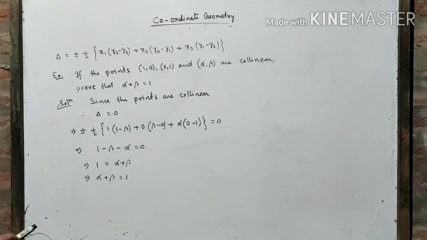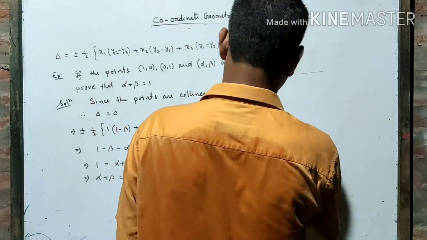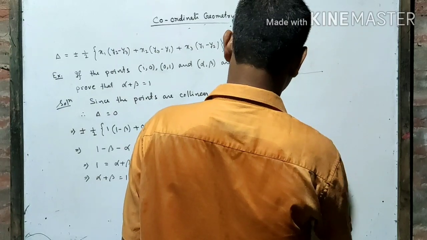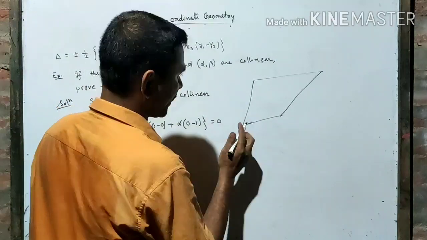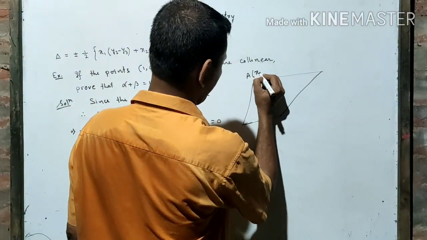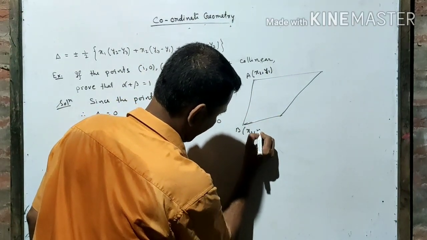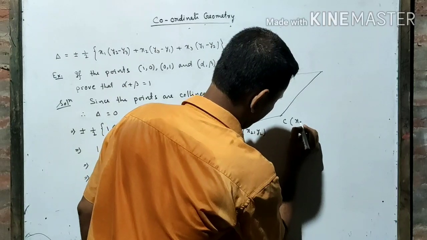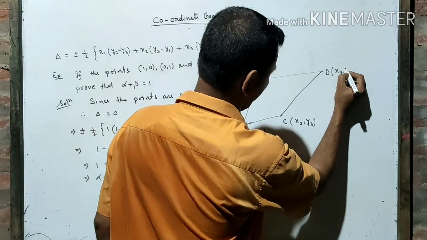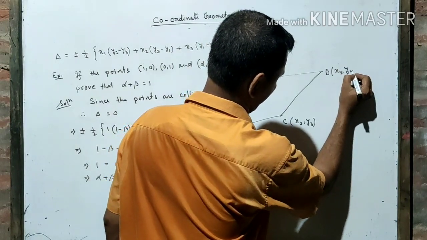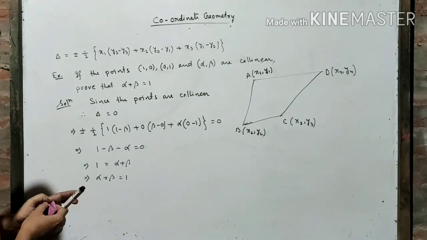Next, area of a quadrilateral. How to find the area of a quadrilateral? Suppose this is a quadrilateral whose vertices are A(x1, y1), B(x2, y2), C(x3, y3), and D(x4, y4). Okay. Then the formula for area of the quadrilateral is